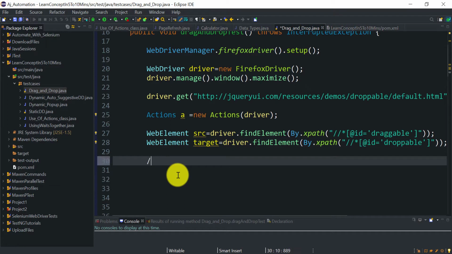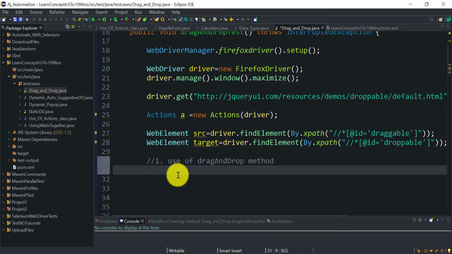Now you have two ways to perform drag and drop in Selenium. The first one is the use of the dragAndDrop method. This method is already available in the Actions class, a ready-made method you can use directly.